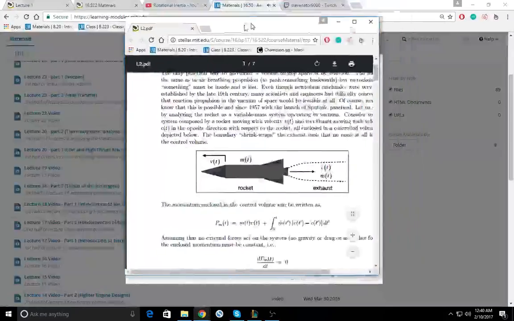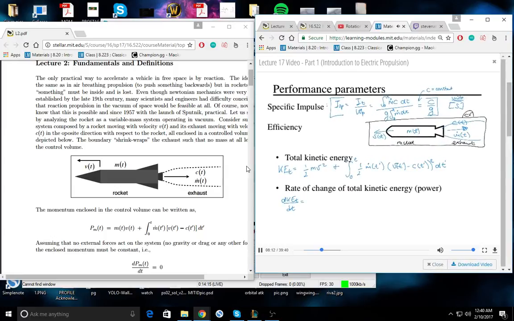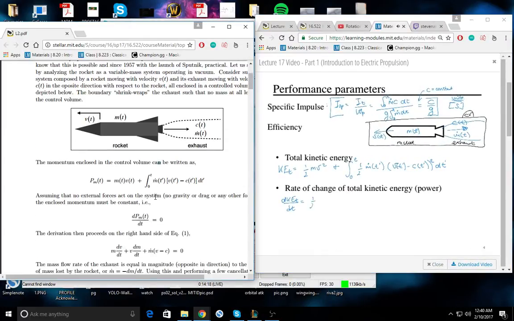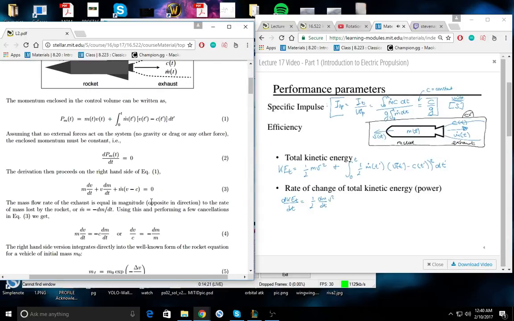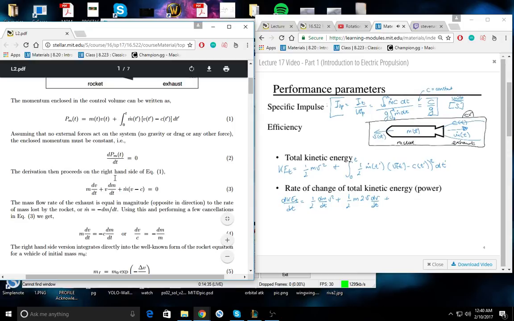And the total kinetic power of our system will simply be the derivation in time of the first expression. So the first part would be 1/2 of dm/dt v squared. Using the chain rule, we now need the derivative of v squared. So we have 1/2 of m, 2 times v dv/dt, plus the derivative of that integral, which is simply the integrand. So we have 1/2 of m dot, v squared plus c squared minus 2vc when we do the square of